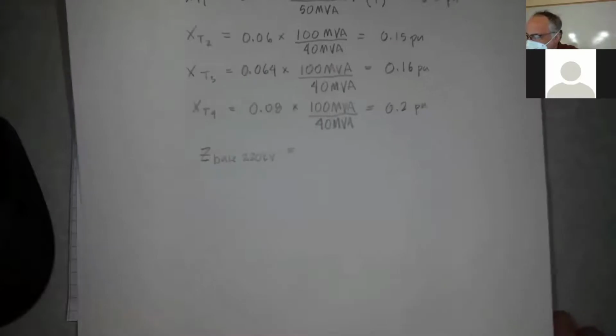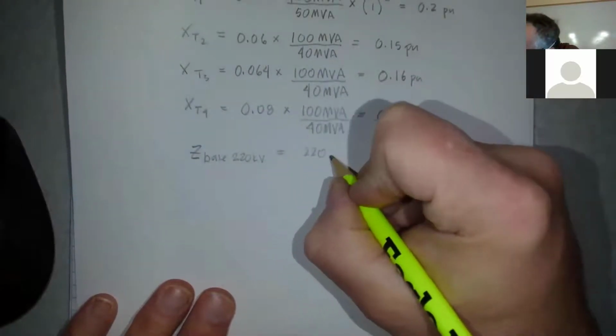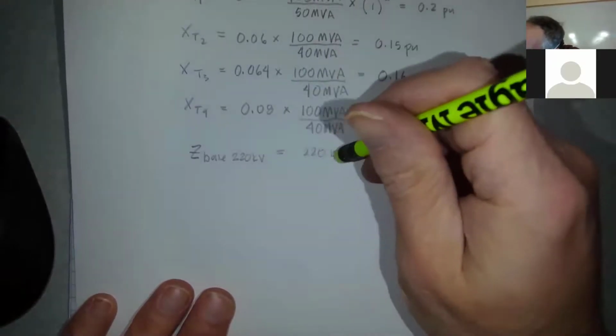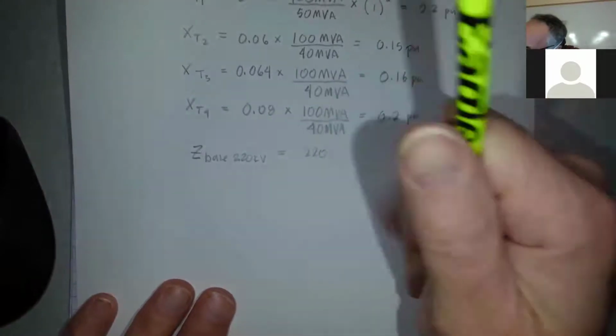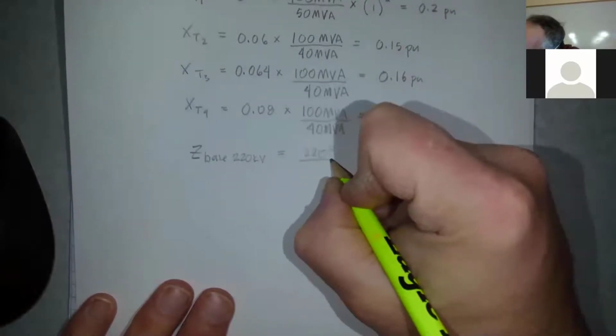Okay. So the kV squared would be 220 kV. But again, if you use kV and MVA, you don't have to include the units. So that's going to be 220 squared over,